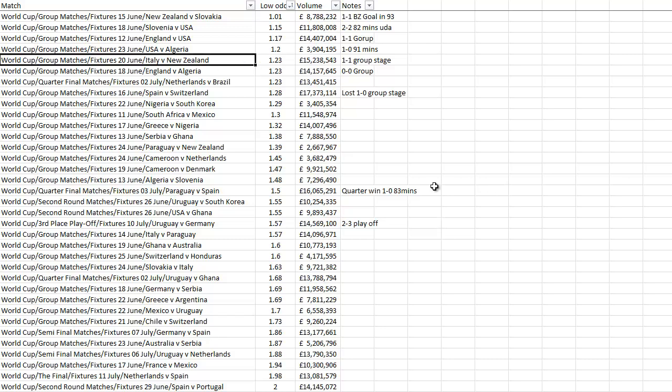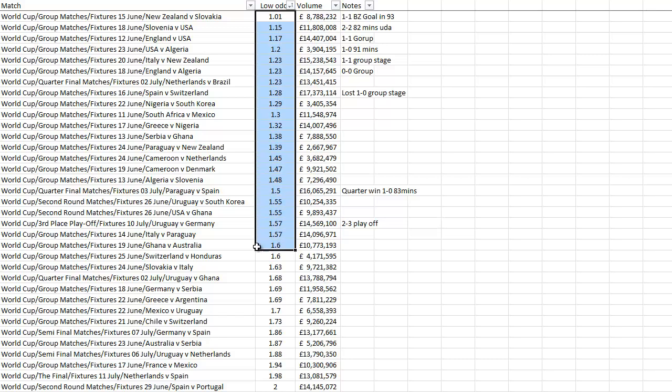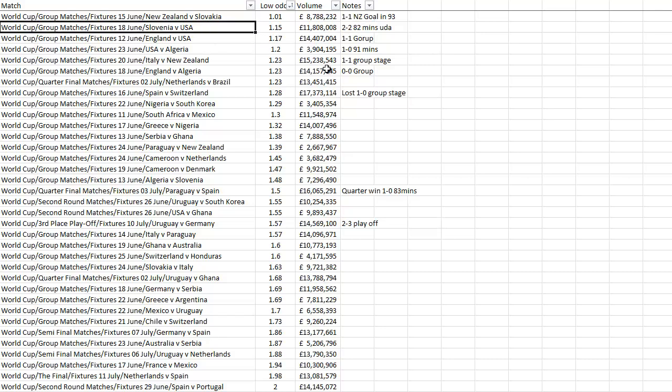Couple of notes here. Very badly spelt notes. One all Gurup. But this is basically some of the lowest odds that were traded in the 2010 World Cup. So you can see here low odds of 101 were reached in the New Zealand v Slovakia match, and it was 1-all to New Zealand. I'll correct that. In the 93rd minute they created that, so there was a 101 turned over in the 2010 World Cup, which was quite interesting. You can see actually the biggest friends that we had in 2010 were the USA, because in their match against Slovenia they scored in the 82nd minute.